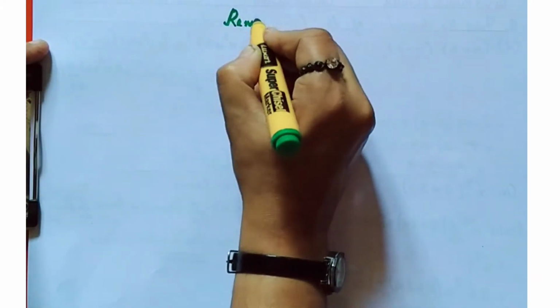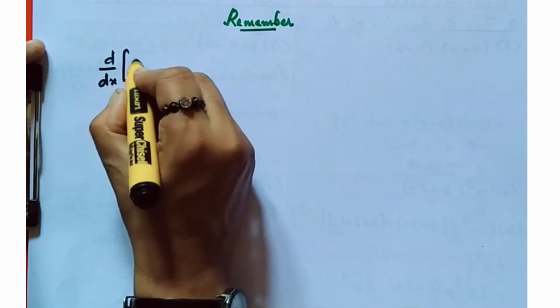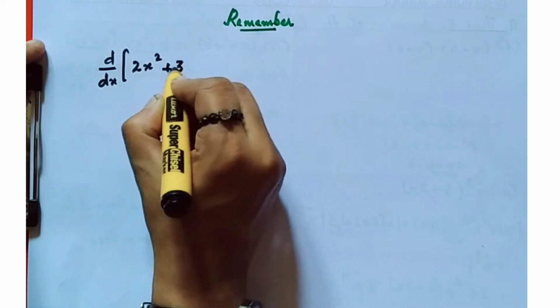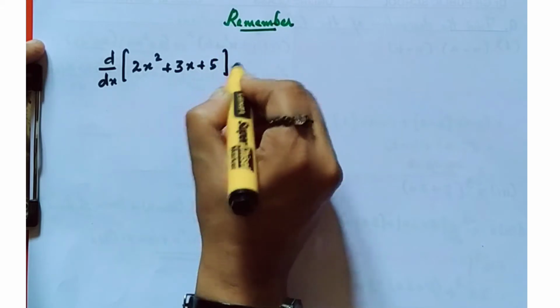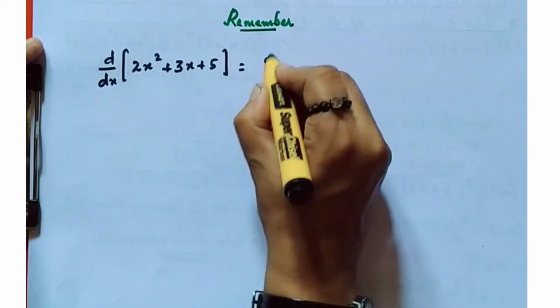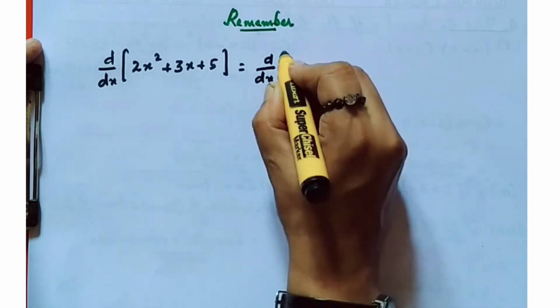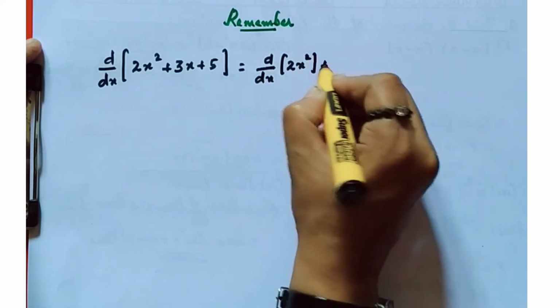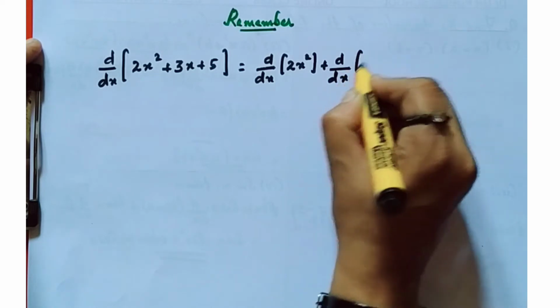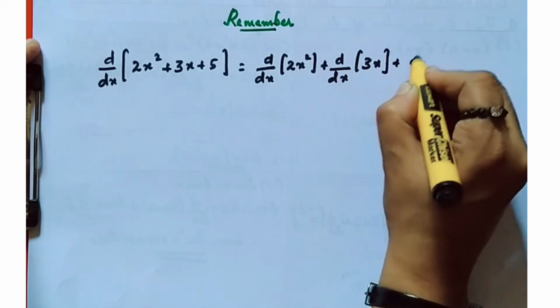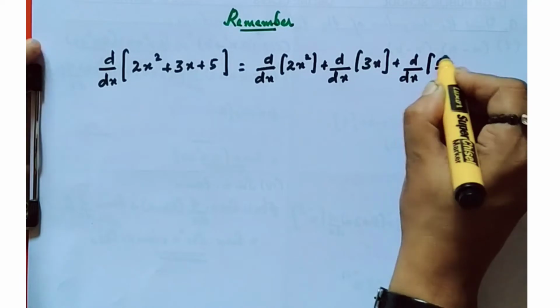Before doing the problems, you need to remember these things. When doing problems, if the function has a constant, for example, the derivative of 2x square plus 3x plus 5, you have to add up each derivative, because the derivative of a sum is the sum of the derivatives. You need to take the sum of d by dx of 2x square, plus d by dx of 3x, plus d by dx of 5, equals